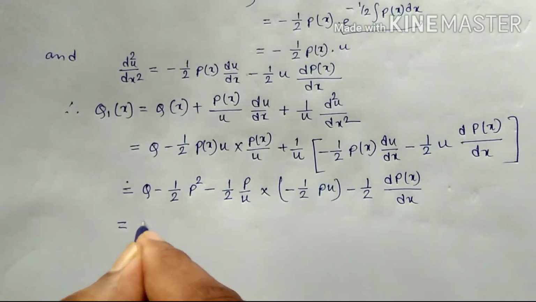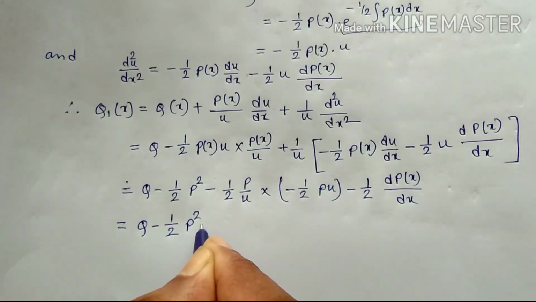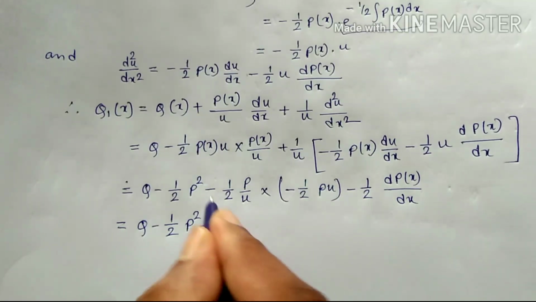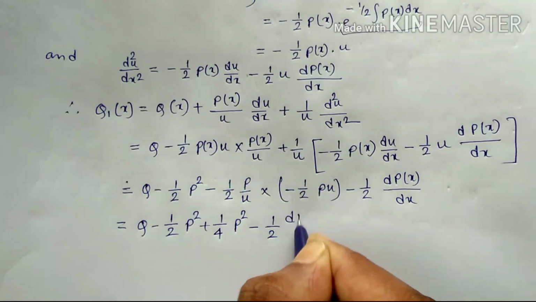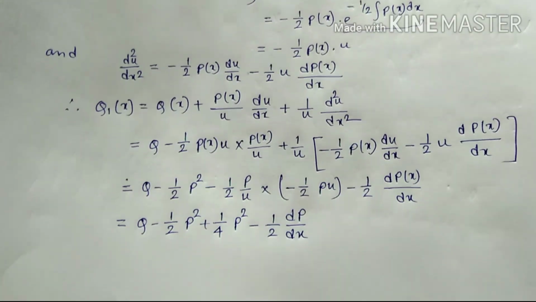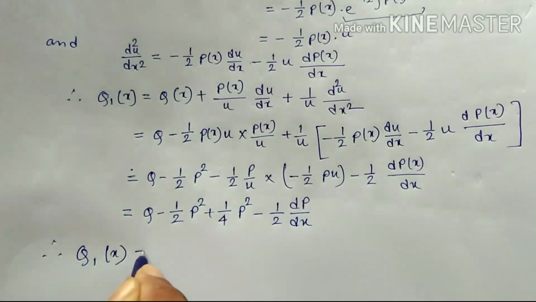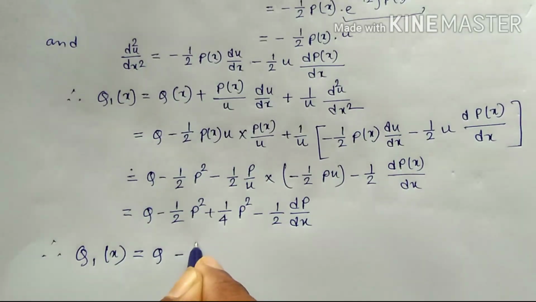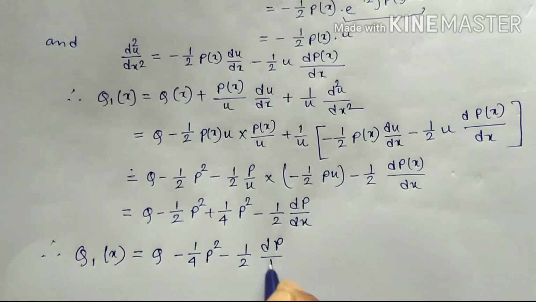This equals q minus 1 by 2 p square plus 1 by 4 p square minus 1 by 2 dp by dx. Therefore q1 of x is equal to q minus 1 by 4 p square minus 1 by 2 dp by dx,